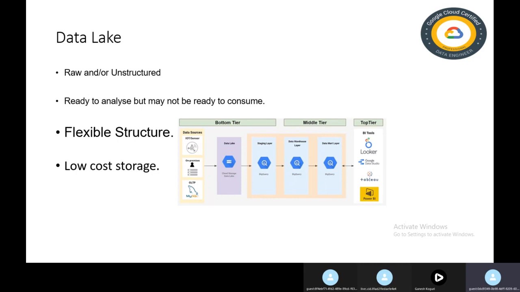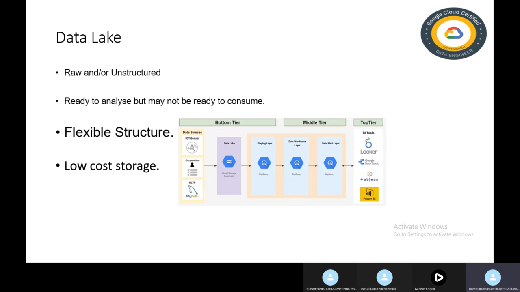Yes, good point. It's the same as ADLS, ADLS Gen 2 or blob storage. And from ADLS, what do we do? We have ADF, we have Databricks. We can use either ADF or Databricks to extract the data from ADLS, where we can do some transformation. Finally, we store the data either in Azure SQL or in some Azure Synapse databases. So similarly here,